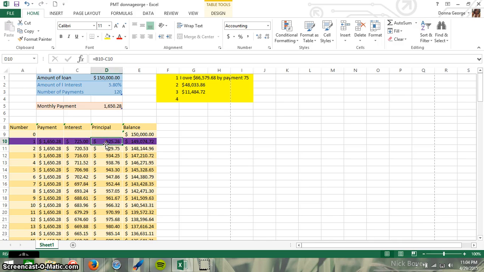And then for principal, the formula I put in was B10, which is the payment, the first payment, minus C10, and then for balance, it was E9 minus D10. So after I put all of these in, all I did was highlight this first row. And then if you go in the corner of it, it gives you this black plus sign. You click that and you drag it all the way down,